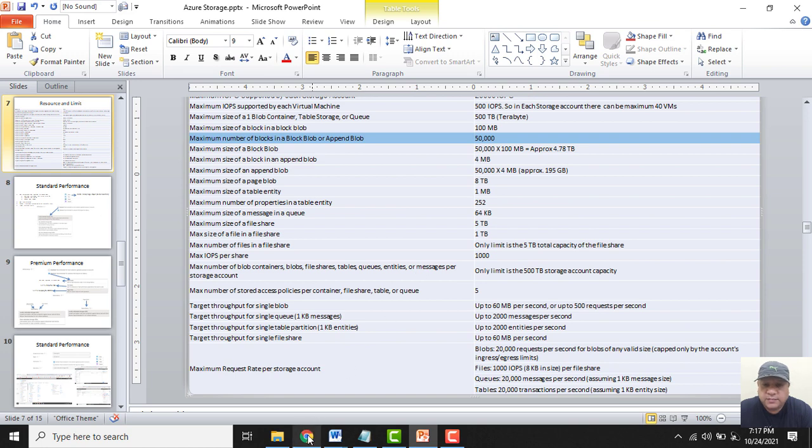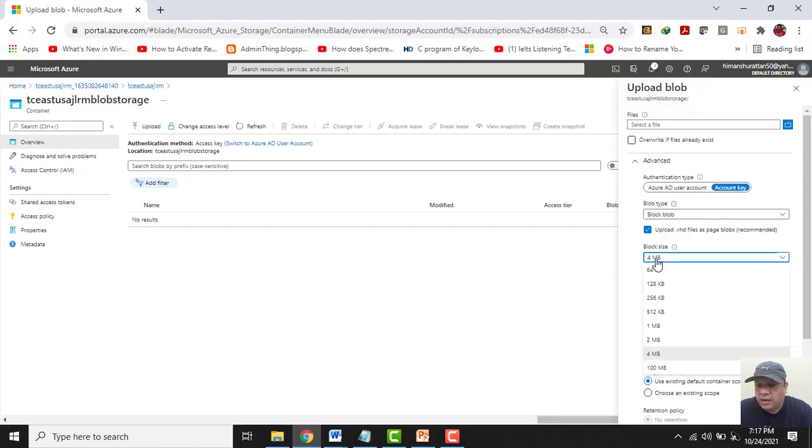It can go up to 100 MB. So see, in a blob we cannot have more than 50,000 blocks. If we select 4 MB, then how much space will we get? We will get approximately 195 GB.